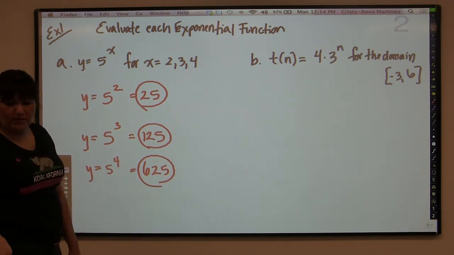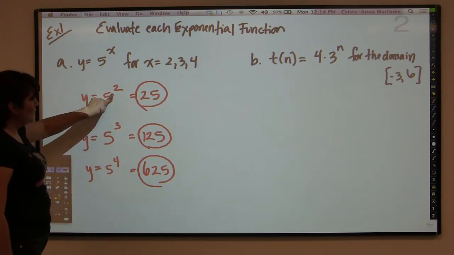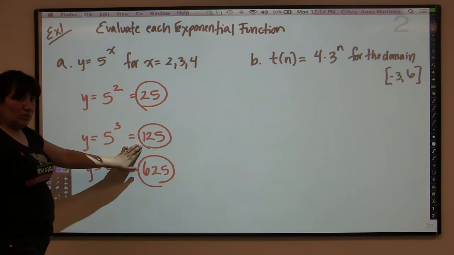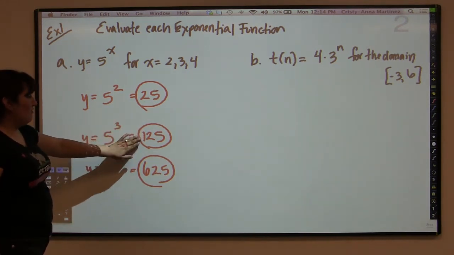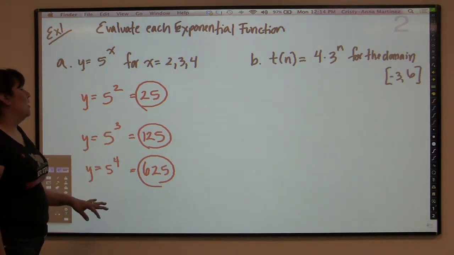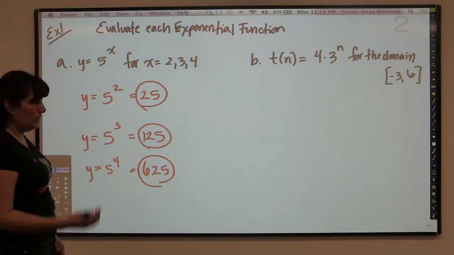One of the things that you'll notice about these functions is that they get big very fast. When x is 2, y is 25. And when x is 3, it jumps all the way to 125. That's a huge jump. And then from 125, it jumps all the way to 625. So basically things get really big really fast with exponential functions, or they can get really small really fast if